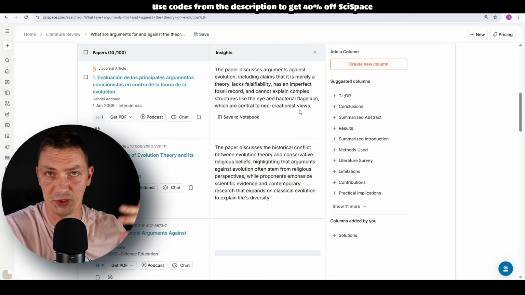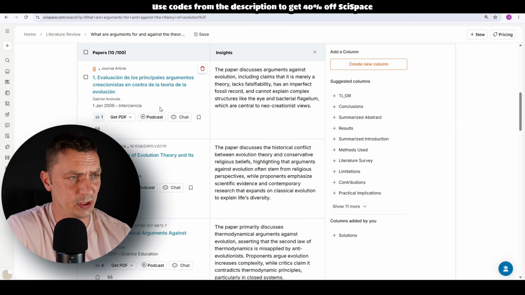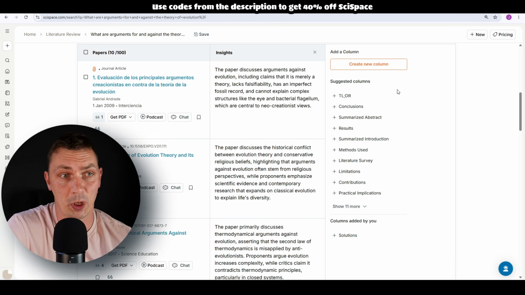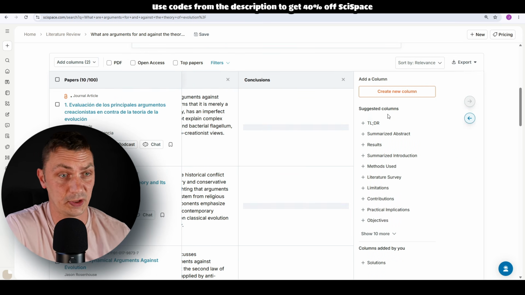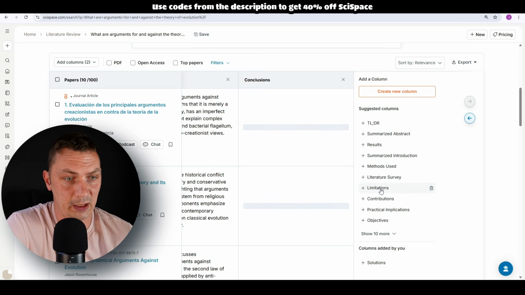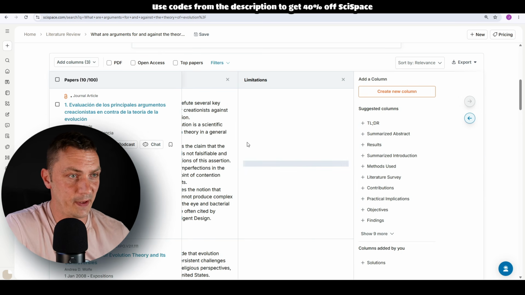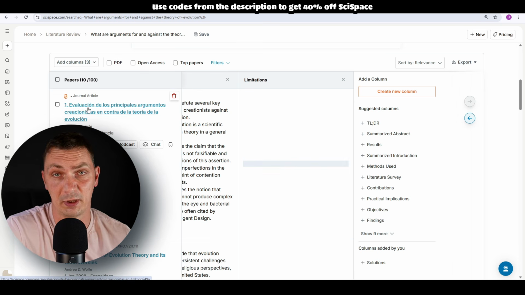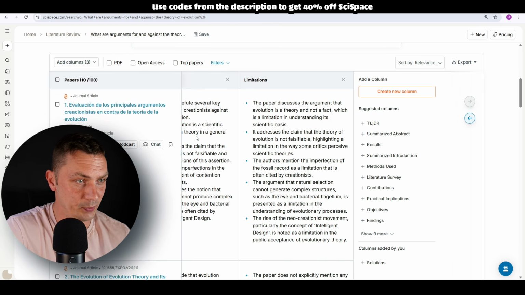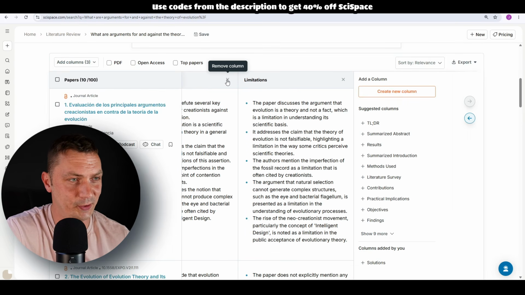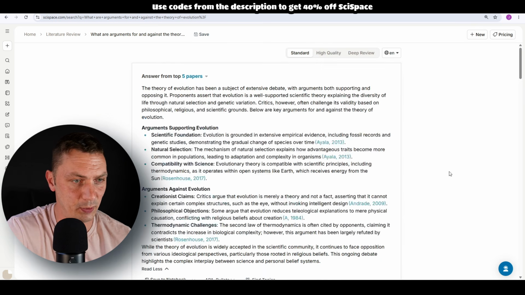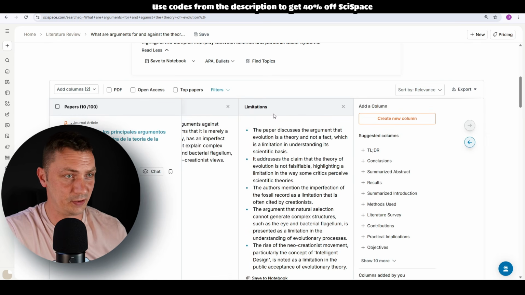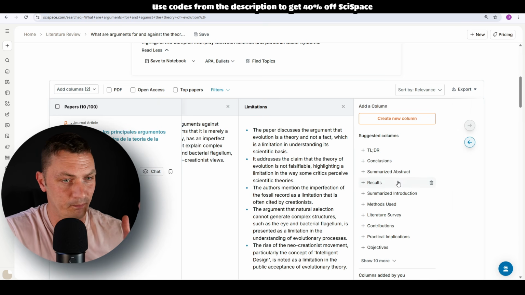So just like what we saw earlier in the agent, it gives me access to papers, insights. I can interact with each, I can go to each one, and as I showed in my other videos, I can even create new columns for each. So let's say conclusions. I can just click on this option, and then I can click on limitations, and just like that, it updates the column. So for each paper that I found, it now also shows me conclusions and limitations. I forgot how to scroll sideways, so I'll just remove one of the columns. Actually, it didn't help me, but you can scroll sideways as well. Of course, you can keep adding these columns, and you can just explore each article this way.